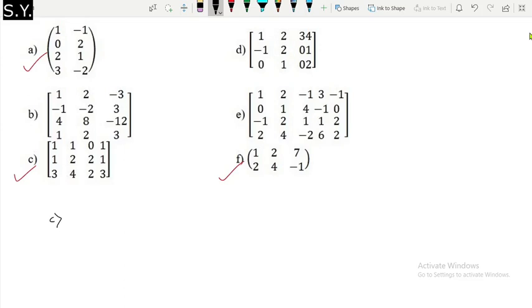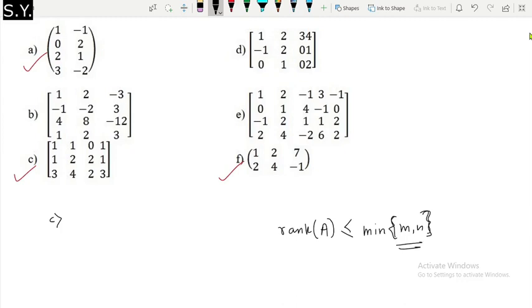Whenever the question asks to find the rank, don't find row rank and column rank both, because you know column rank and row rank are always equal, and that is equal to the rank of the matrix. So either you find column rank or you find row rank, because both are going to be equal, and that is going to give you the rank of the matrix. Now the question is what to find, row rank or column rank, and the answer is given by this property. If the order of the matrix is m cross n, then rank of A is at most the minimum of m comma n.